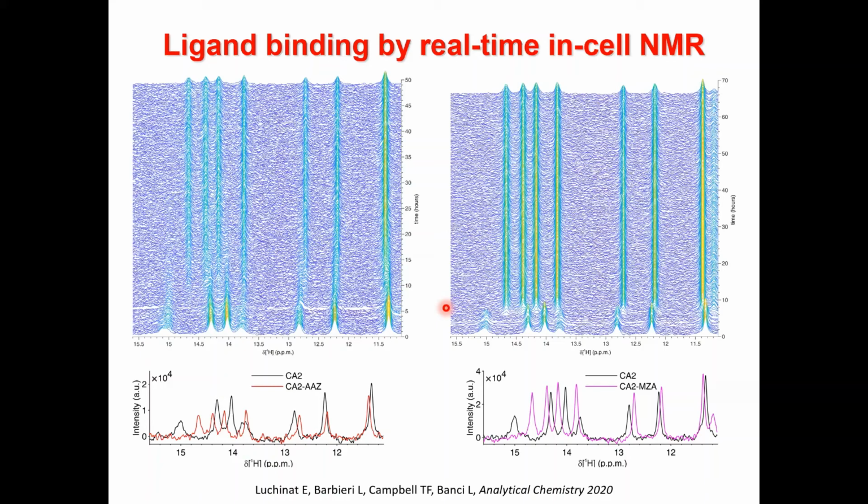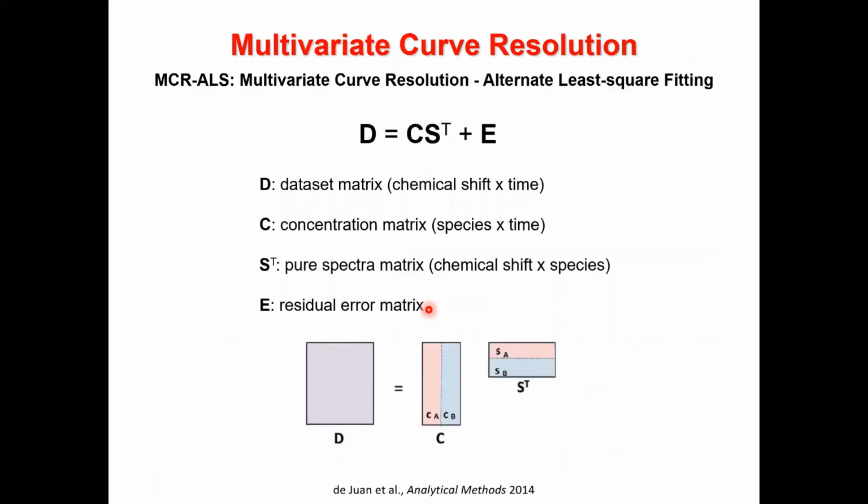But anyway, we were then faced with another purely practical issue: how to get information from this data. We cannot simply manually integrate each of these signals, and we also have overlap in some regions. So we had to find an automated way to do that, a quantitative automated analysis. To do so, we relied on MCR-ALS, multivariate curve resolution alternating least squares fitting,